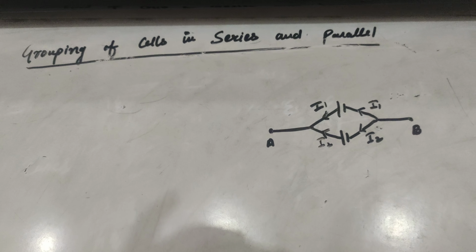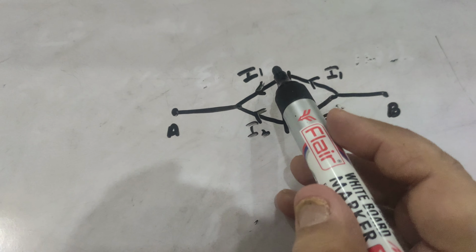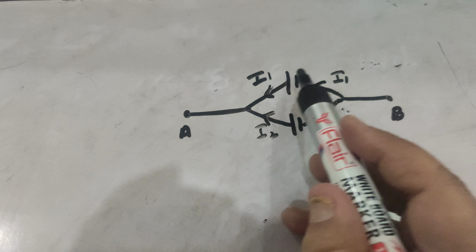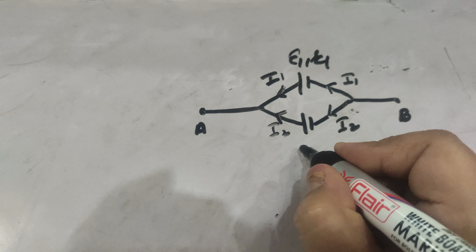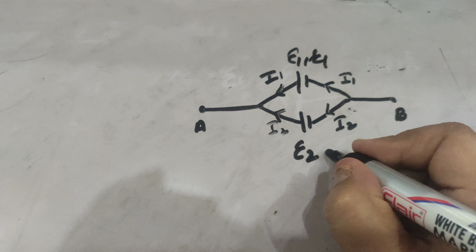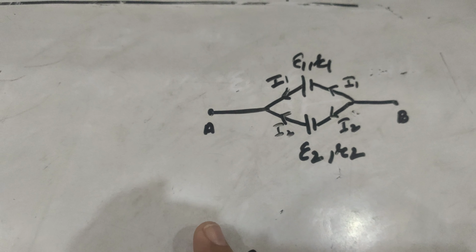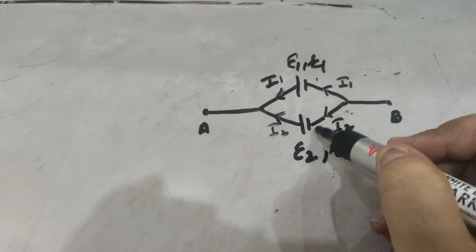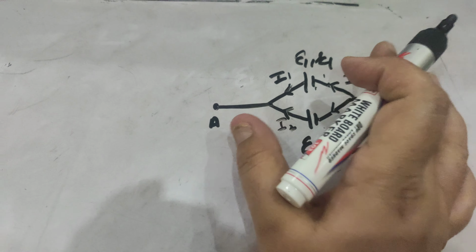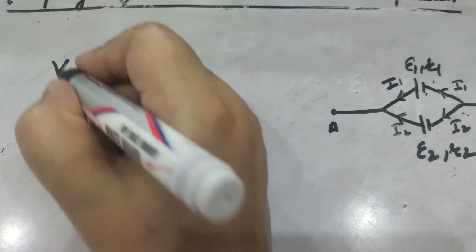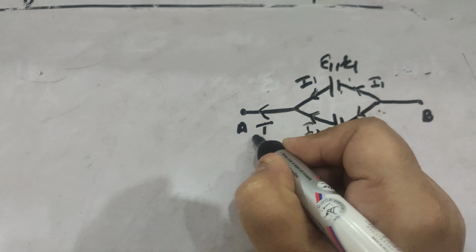Let us consider the case when two cells are connected in parallel as shown in the diagram. You can see here that the cell having EMF E1 and internal resistance R1 is connected to another cell of EMF E2 and internal resistance R2 across the circuit, which is not shown here. Now since these cells are connected in parallel, the potential difference across these two cells will be the same. Let it be V, while the current will be divided and gives rise to the total current I.